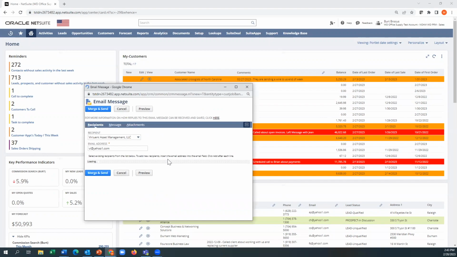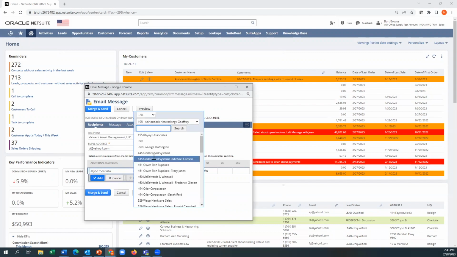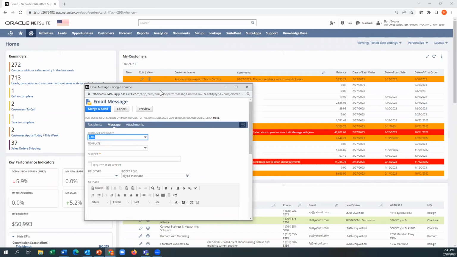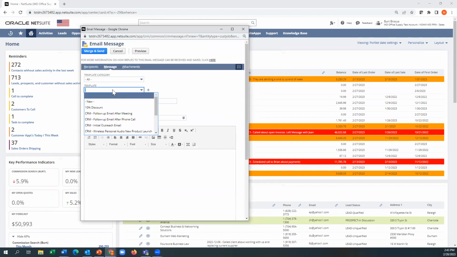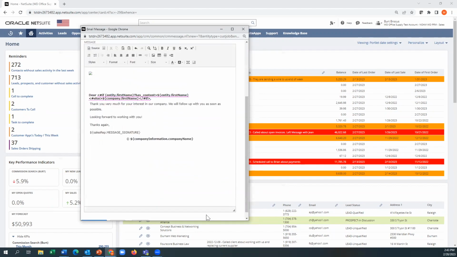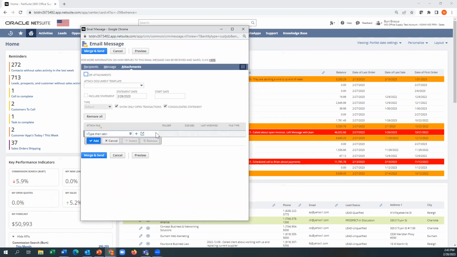It takes a second because it's loading a template potentially, but it's going to bring in the main address. Bert could also select other users from customers or contacts here. Bert could also customize his message when emailing out, and that could be done through a template. These are templates that you can create yourself. You can see this got auto-filled. Bert could add attachments here.